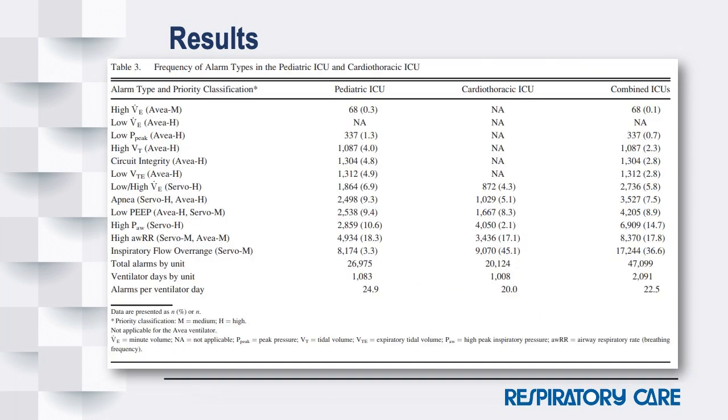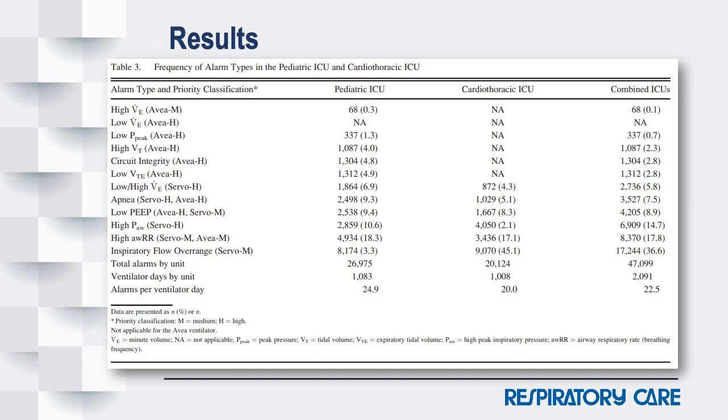So if we look at some of the other results here, again, this may be small depending on the screen you're looking at it on, but this is the main results section that shows the prevalence values. If you look at the bottom of the three columns, the last number in each column is the prevalence. I mentioned the overall prevalence was 22.5. That was for the combined ICUs, both ICUs.